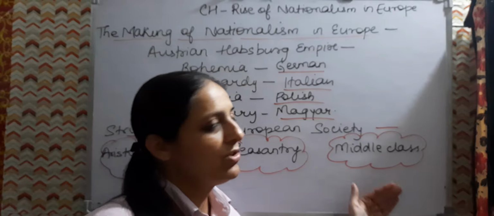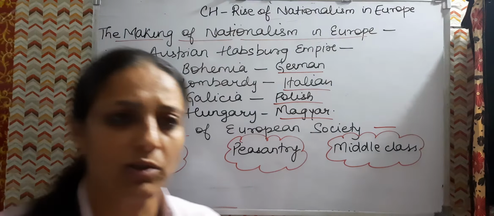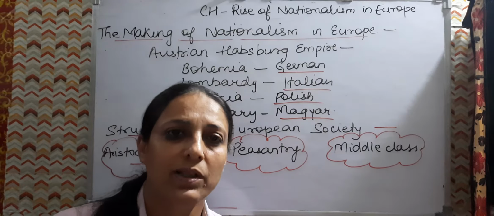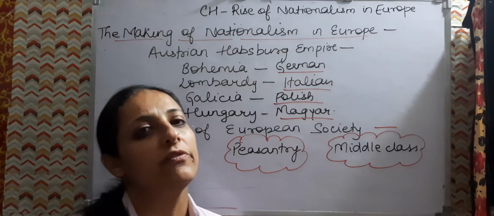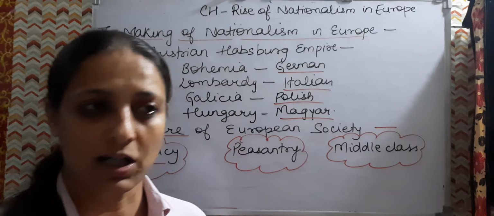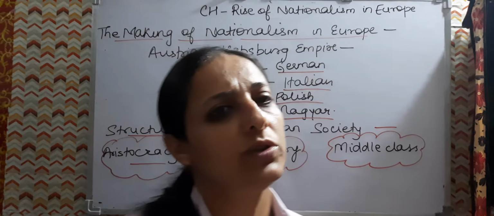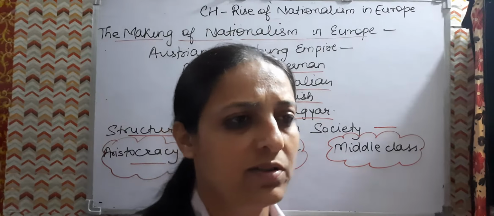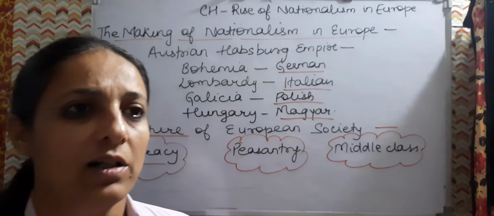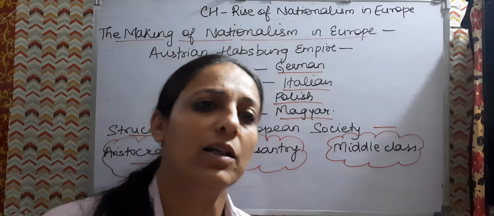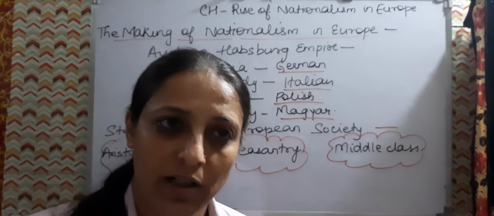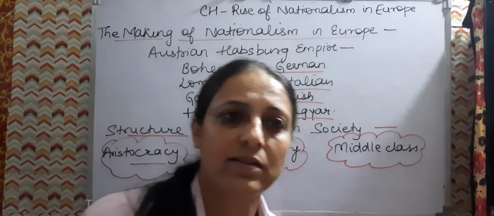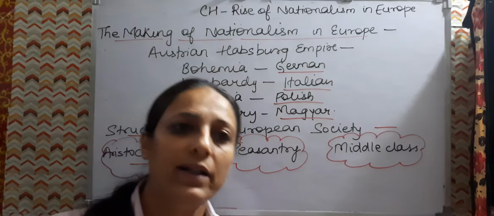And then there was the emergence of the middle class, through which the idea of national unity would come. From where did it emerge? From the process of industrialization. When industrialization started, people started moving from rural to urban areas, urbanization started, and industries were being set up. As a result, employment opportunities increased, people started moving towards the cities, and they started production. These industries were producing for the market, trade increased, exports increased, and prosperity came to the merchants